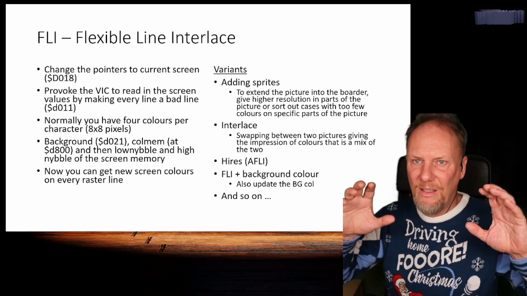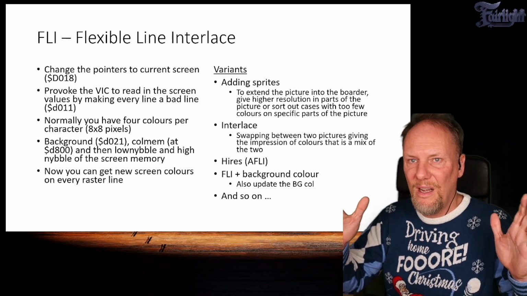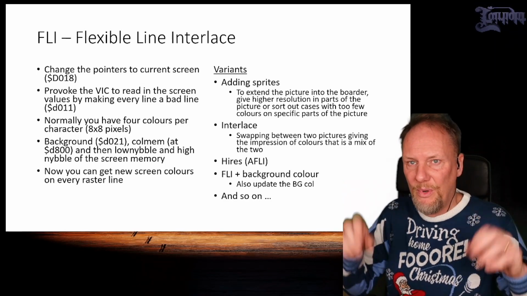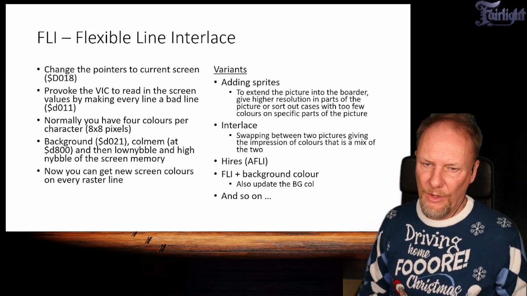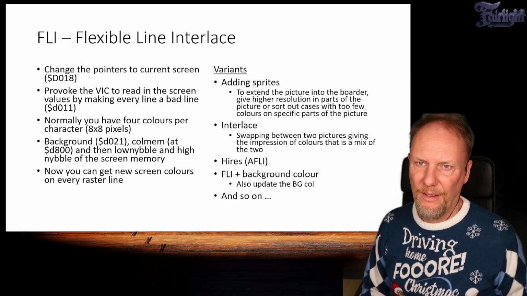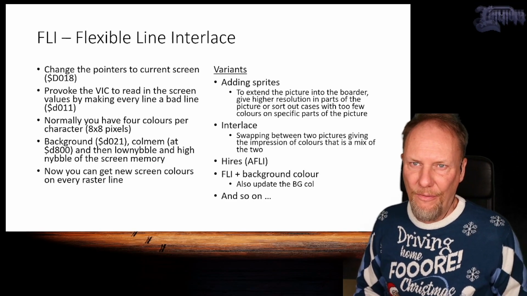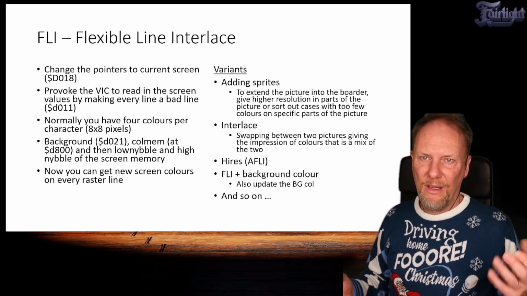So that makes the picture look like it consumes the entire width of the screen, which is the same as opening the border and placing sprites there. So that was everything for the different video formats that are achievable on the C64,